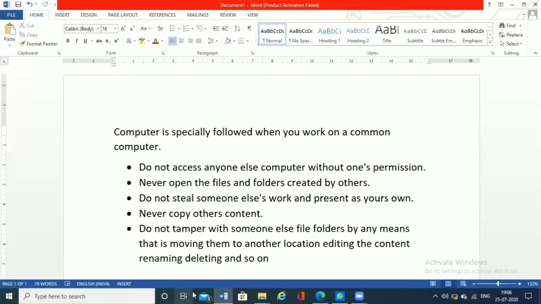So if I want to add something, I'll take my cursor towards the area where I want to add a word or a sentence or a line or a paragraph, and I'll click on the respective area. So if I want to add something after computer, I'll put my cursor there. It will start blinking. Then I can go ahead and type it.